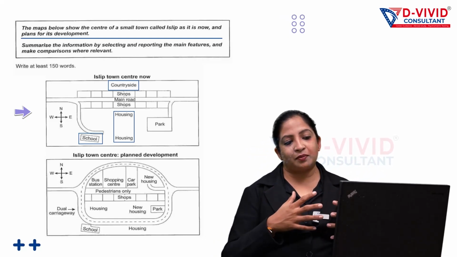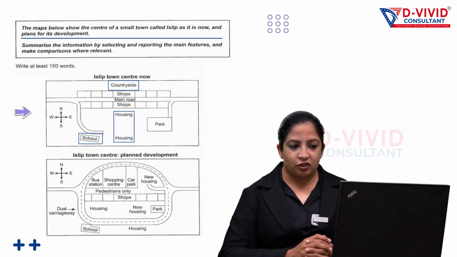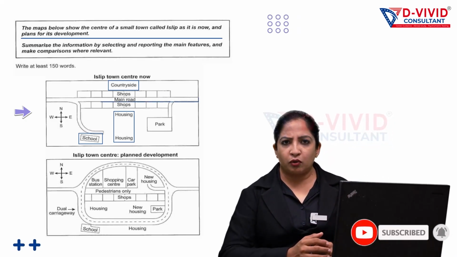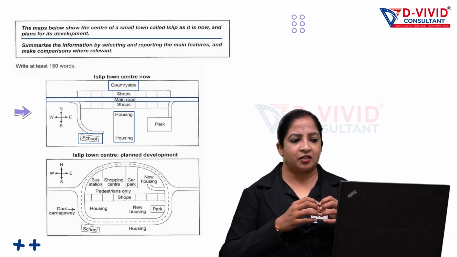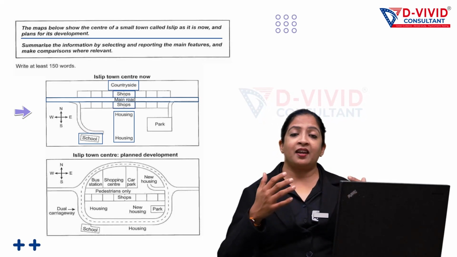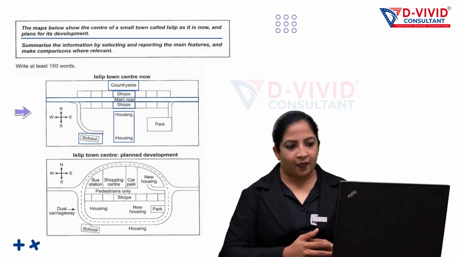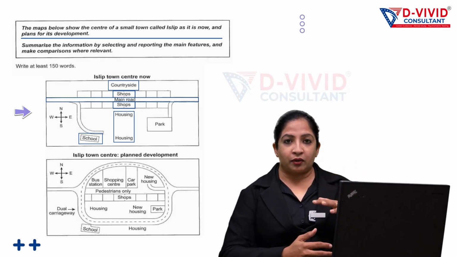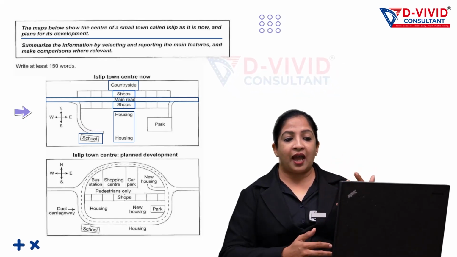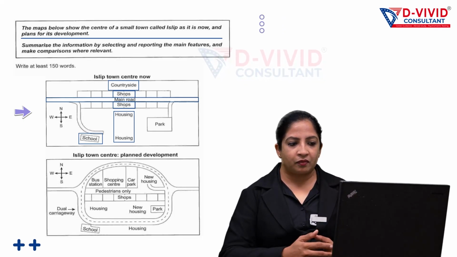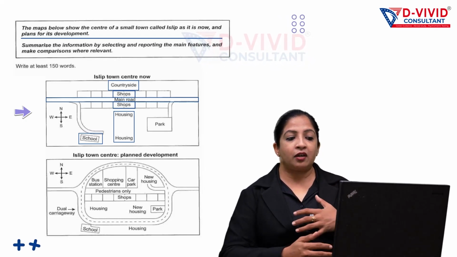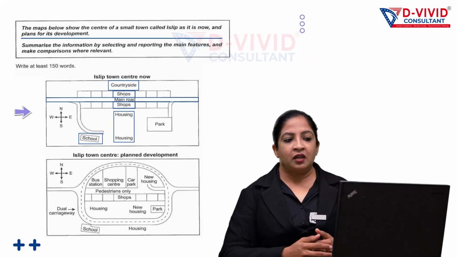Now talking about the explanation of the first image, that is the current town, we can see that there is a main road which is presented in a horizontal manner. It has shops, or I can say an array of shops, on both its sides. After the shops which are located currently towards the north of the main road, it also has a countryside behind it, and the shops which are located towards the south of the main road have a huge area for housing. Now again,